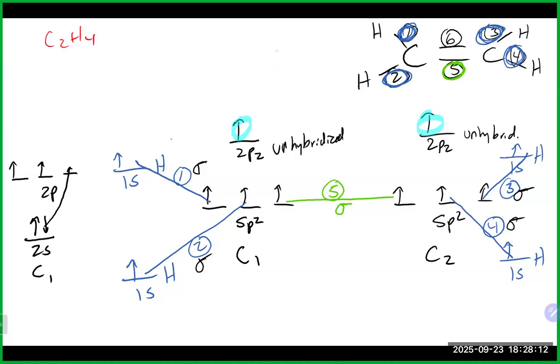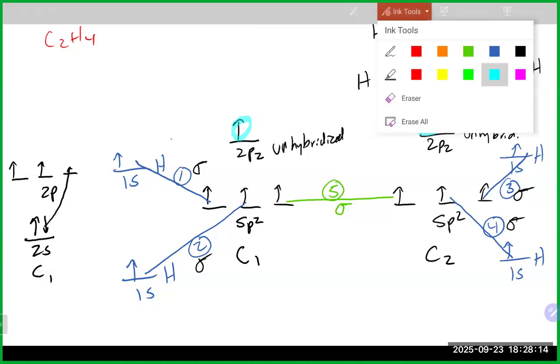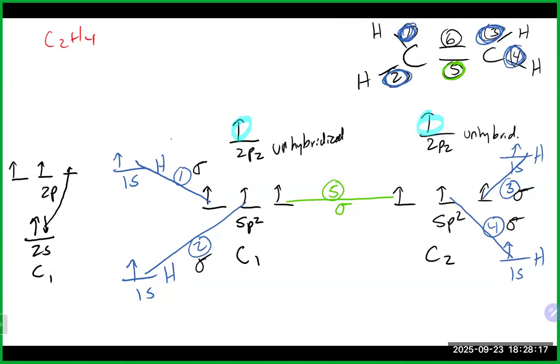So our unhybridized p orbitals are basically just regular old p orbitals. Carbon number 1 has one of those. Carbon number 2 has one of those. And these unhybridized orbitals are actually going to overlap differently than what happens with a sigma bond. In a sigma bond, they just head straight at each other, which is referred to as head-to-head overlap. What happens with unhybridized p orbitals is